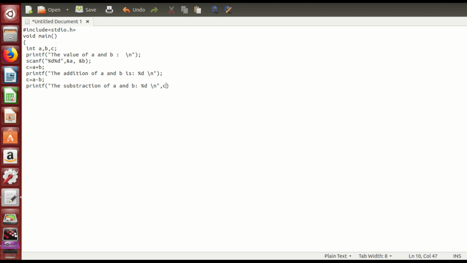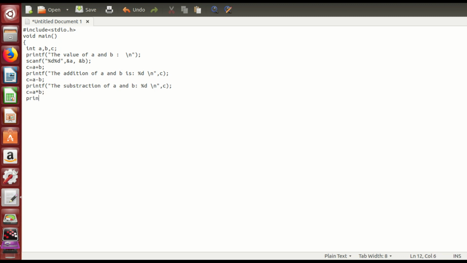Also add c, because printf reads the value of c. So after the double quotes, add a comma and c, so it reads the value stored in c.